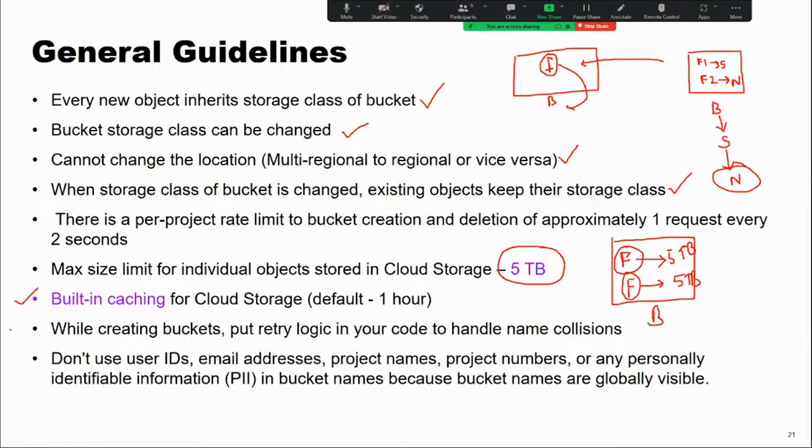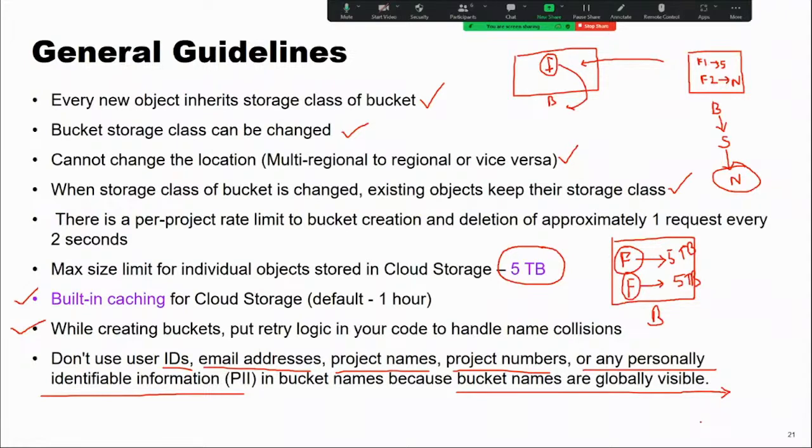Okay, this is something that I have come up with from my experience. Don't use your IDs, email addresses, project names, project numbers, or any specific information in bucket names, because a bucket name is globally visible.